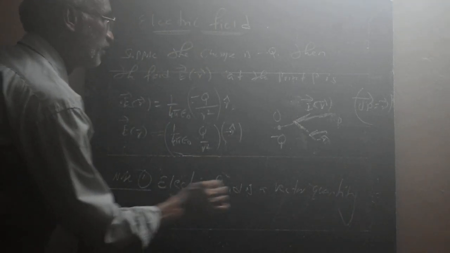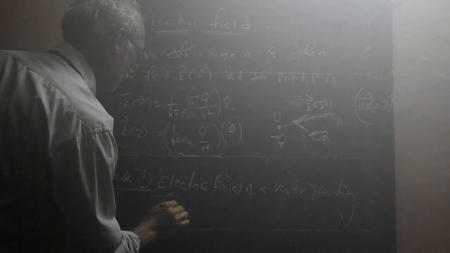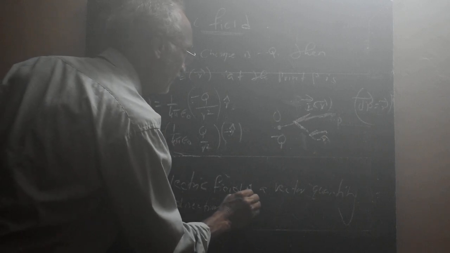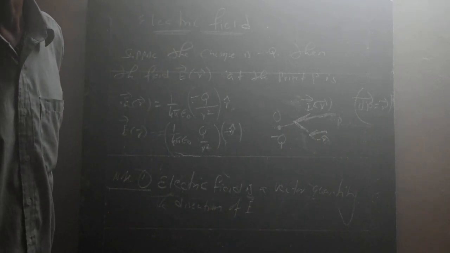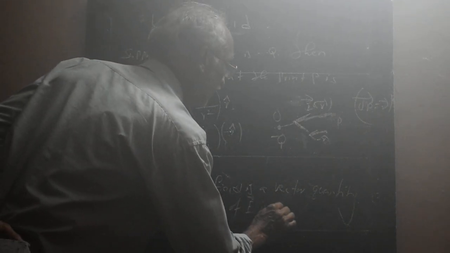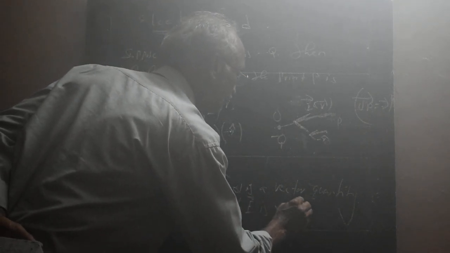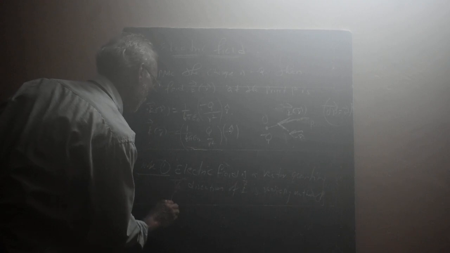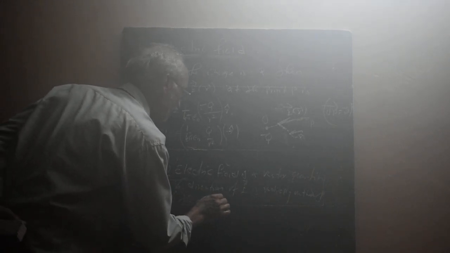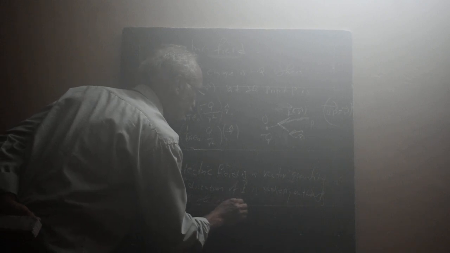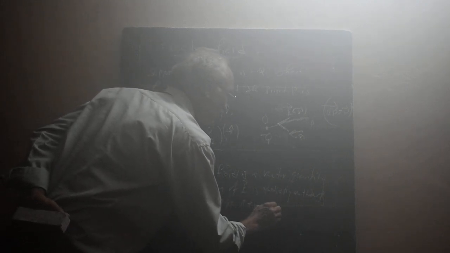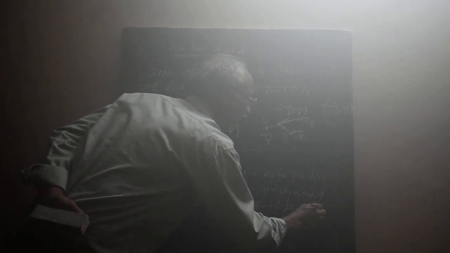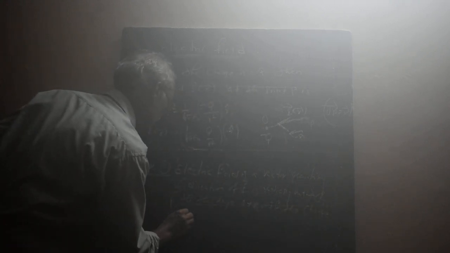Its direction is the direction of E bar; even though it is E bar of R bar, let us call it simply E bar. E bar is radially outwards if the charge is positive. If the charge is negative, then